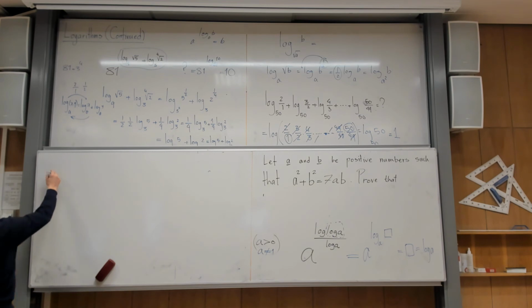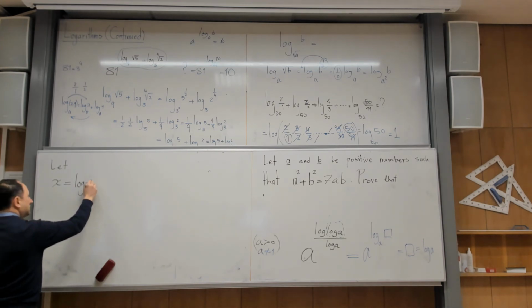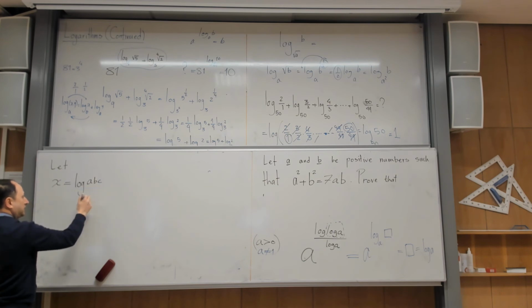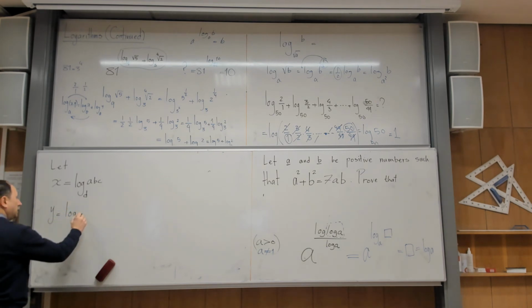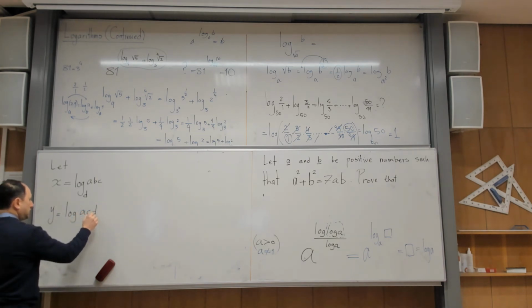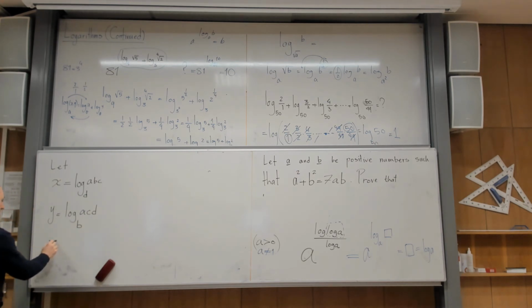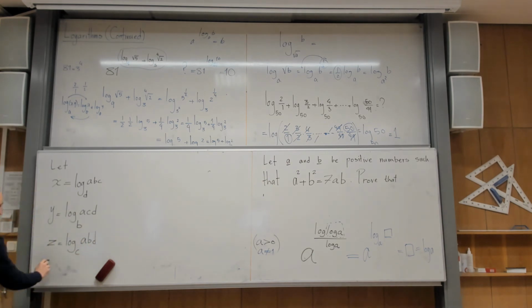Let x be equal to log of ABC for acceptable values to the base D. And let y be log of ACD in base B, and let z be log of ABD in base C, and finally t be equal